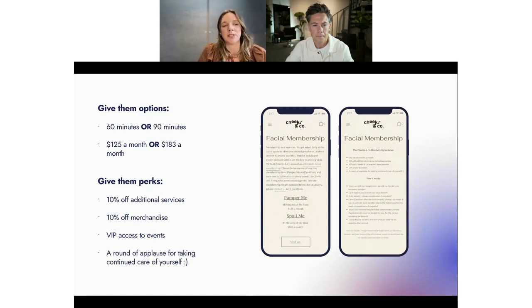And then you're going to give them additional benefits. So if I'm giving 10% off additional services, when I'm in that consultation and I'm speaking to them about their dry ends, or I'm speaking to them about a new skin challenge, I can then suggest an add-on service or an add-on treatment. Not only will they get that at 10% off, but it's going to solve what you heard them say in your consultation. So it gives you a nice baseline to add something on,